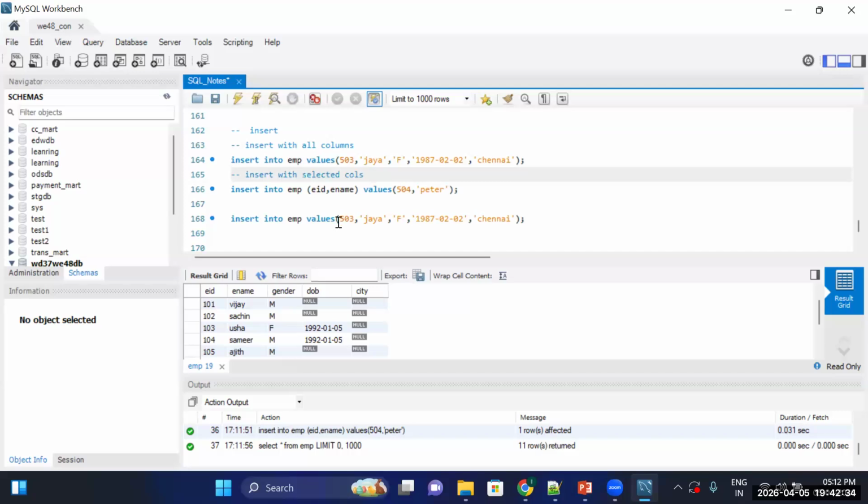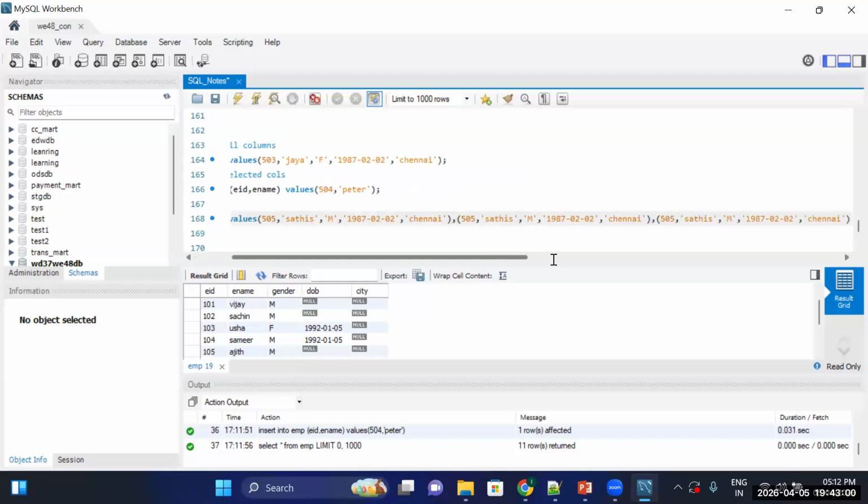Okay, insert in the EMP value 505, Sadish. Okay, remaining all fine. One more row I'm going to insert. In one shot I'm going to insert 2 or 3 records. I'm giving a comma. This is also a normal syntax only. So here 505 Sadish,